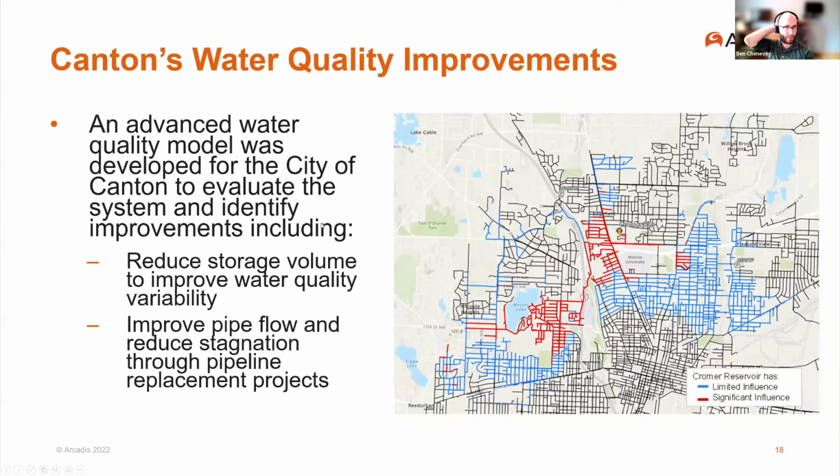Another example of something that we looked at was looking at reducing some of their storage in their system. They had a particular reservoir that they were looking at rehabbing anyway. And so we investigated, can we reduce that storage size and what kind of water quality impacts does that have? We saw a pretty large influence area from one of the storage tanks. As you can see on the right, these red and blue colors are where the water in the tank could